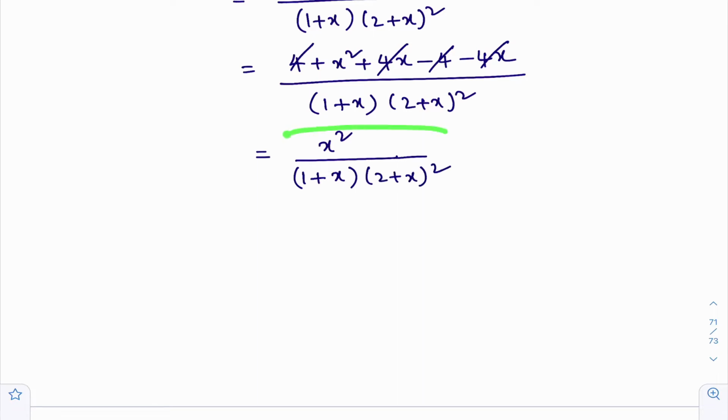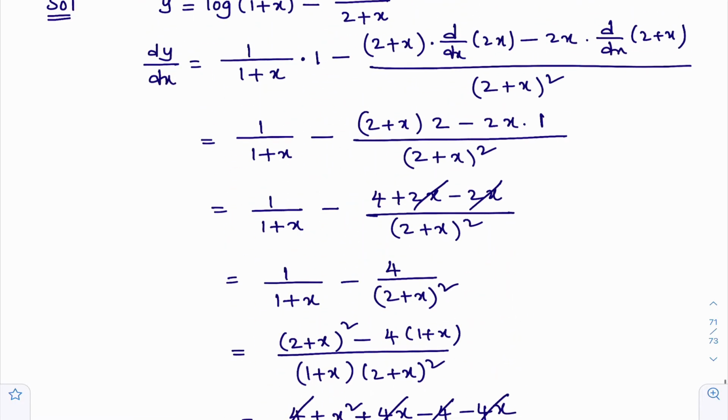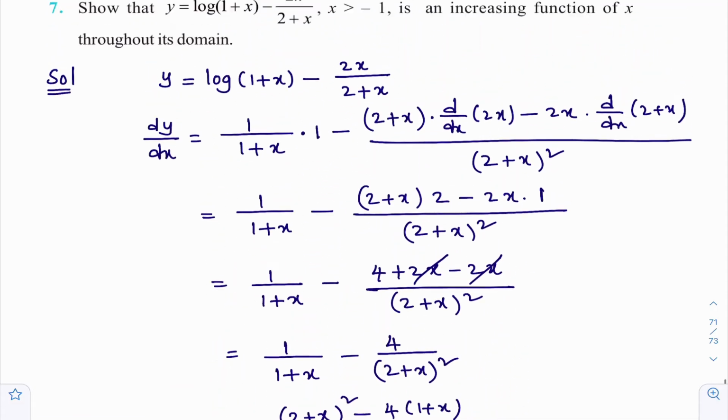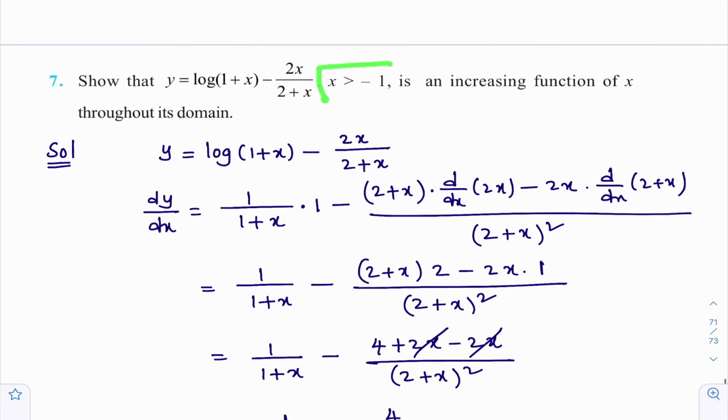What is this? This is dy by dx. You can observe here, this is dy by dx. I got that dy by dx is equal to x square divided by 1 plus x into 2 plus x whole square. What am I trying to prove? I am trying to prove that whenever x is greater than minus 1, the function is increasing. That means I am trying to prove that whenever x is greater than minus 1, dy by dx is greater